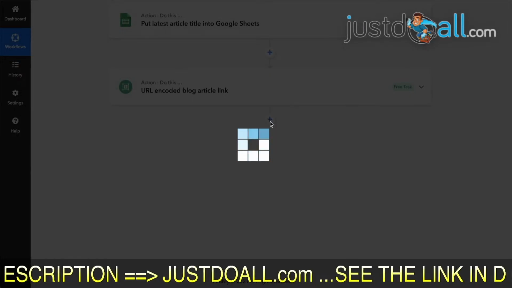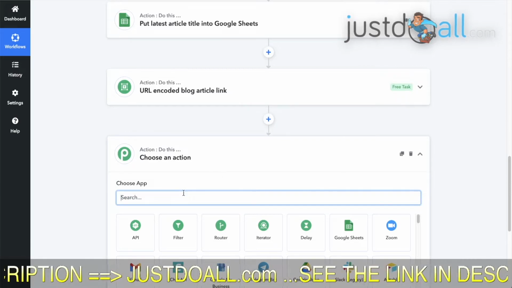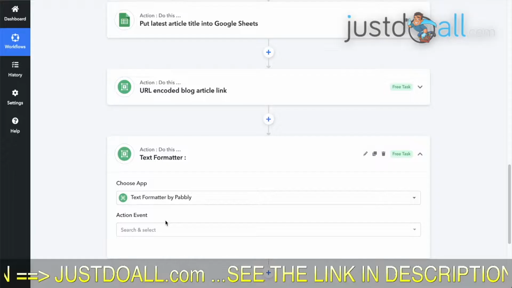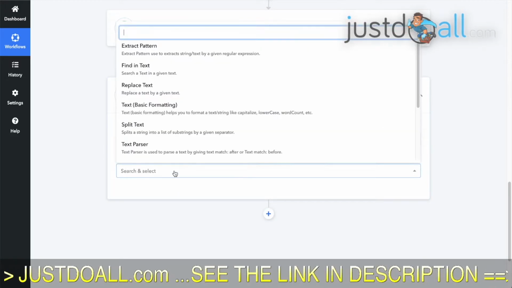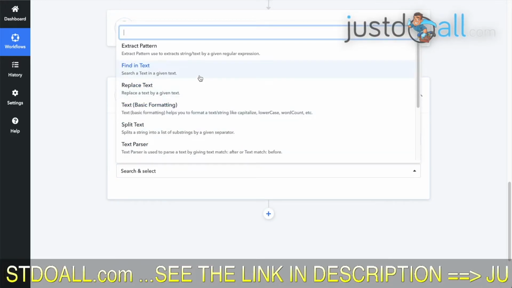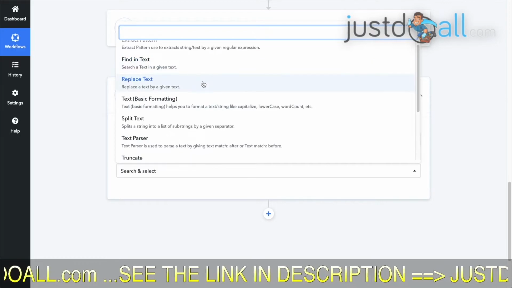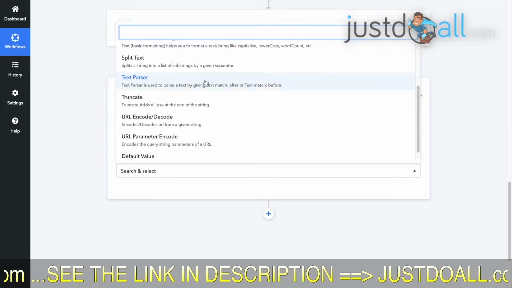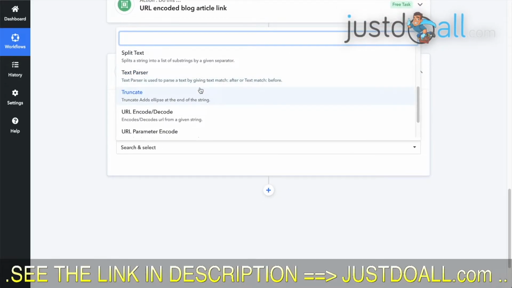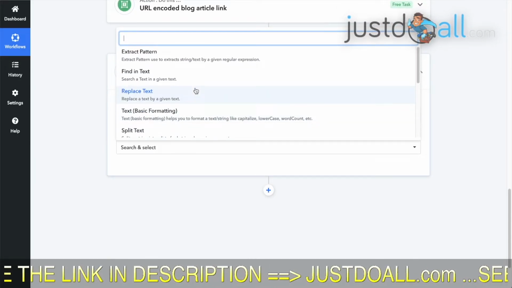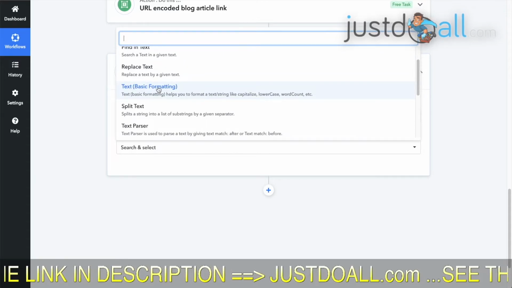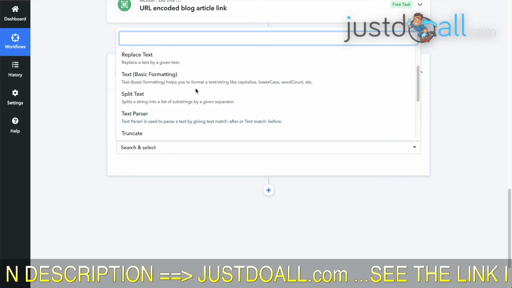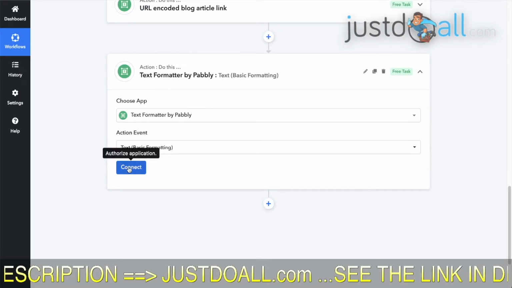So to do that, we will use again a text formatter, but this time the action is just, in fact we wouldn't even need it, but I will show you anyway. It's just concatenate, if there is such, extract pattern, maybe text basic formatting, yeah, maybe this one, connect.